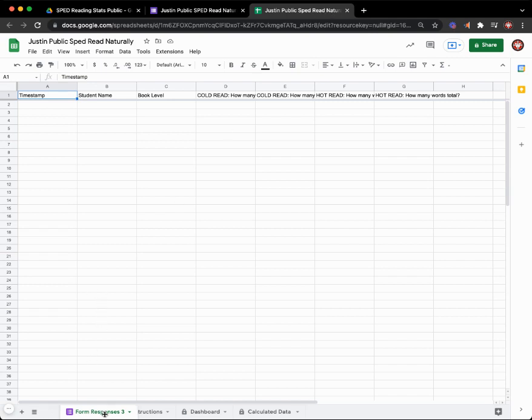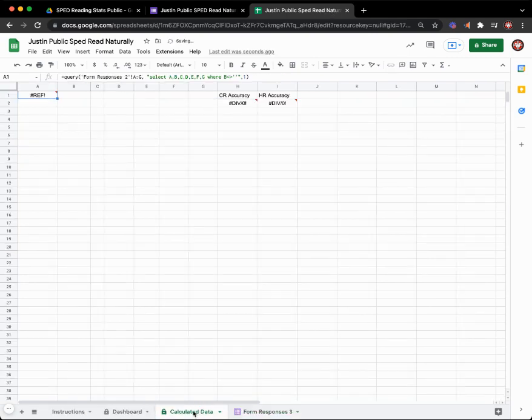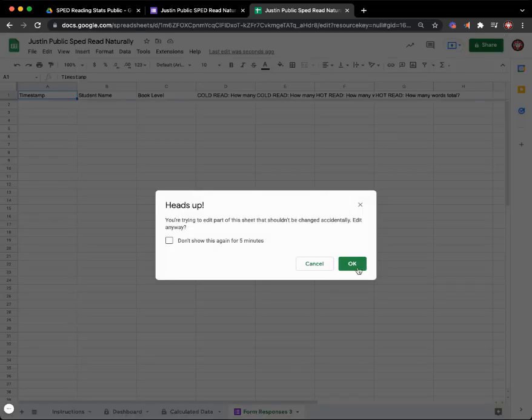Now we need to just get this form so it's set up here. You can see that nothing's popping into here. Not that there's anything that could pop into there, but I can tell that this form responses is not linked to the calculated data because this part right here isn't any color. It's not reading that there's a sheet titled form responses. So what I need to do is take